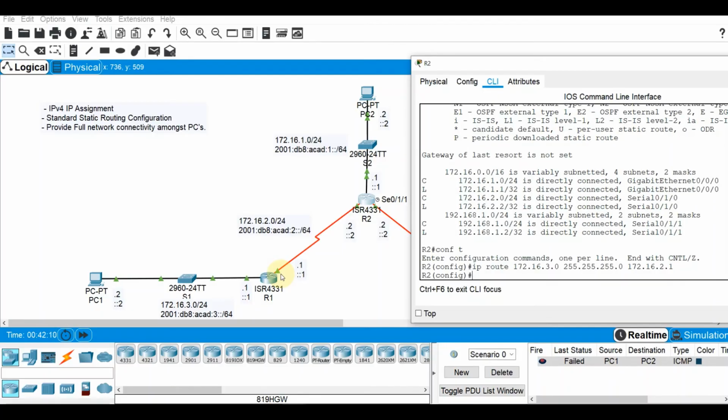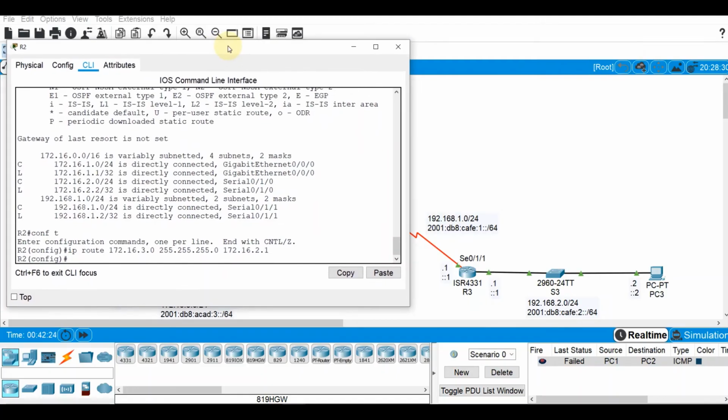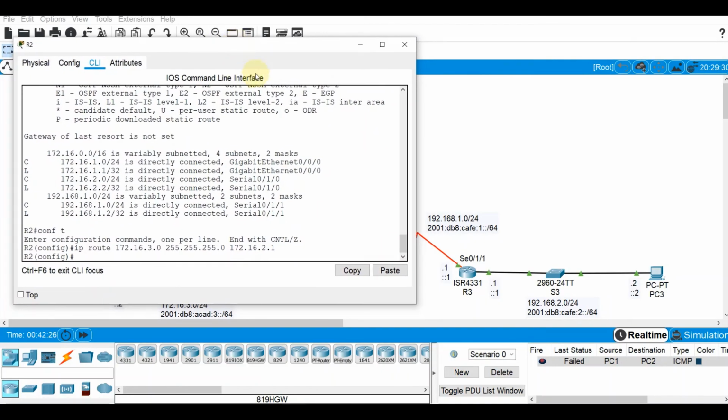All right. So we already have the route going back to R1, or from PC2 going to PC1. So let us complete the configuration here. Also, let's configure the route going to, so IP route going to